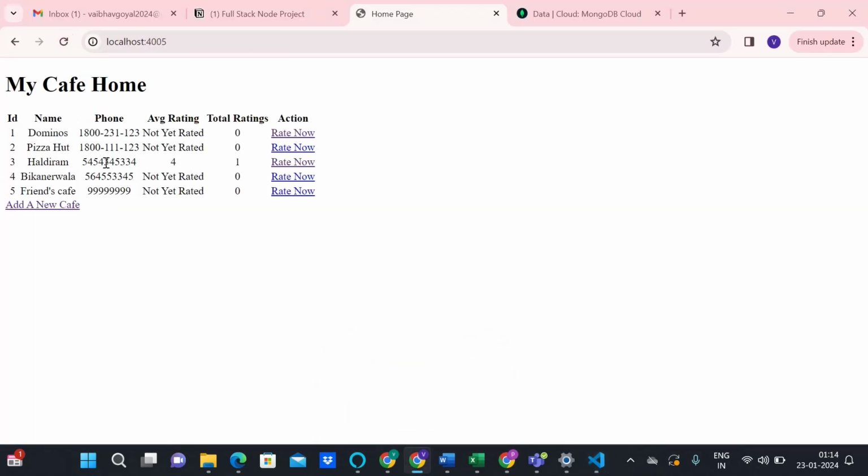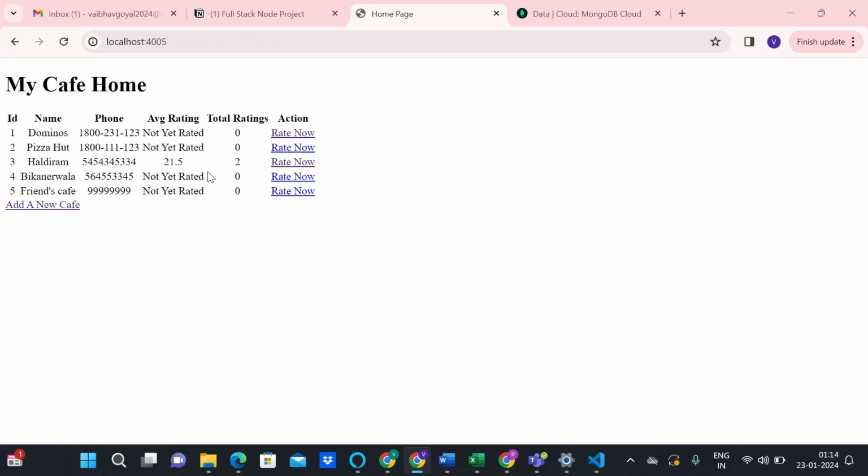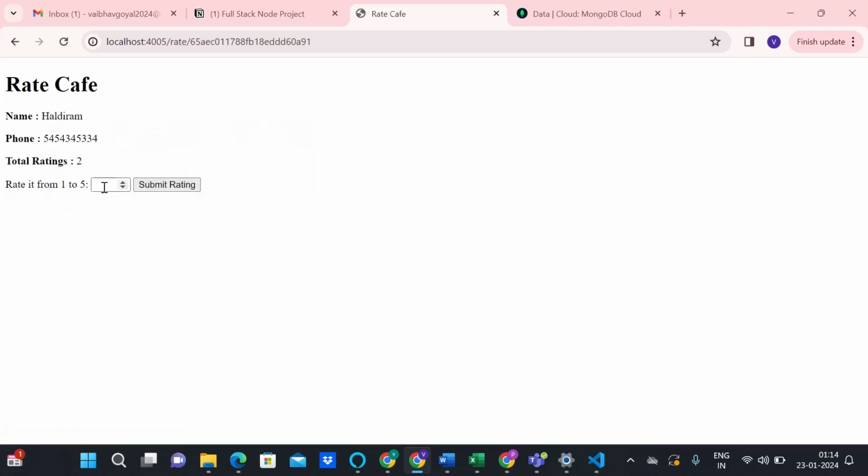See, we got the Haldiram's rating of 1. Let me give one more rating to Haldiram. Let's say 3. Some user is giving now 3. Okay, so 3 plus 1. Something weird is happening here, right? The average should be